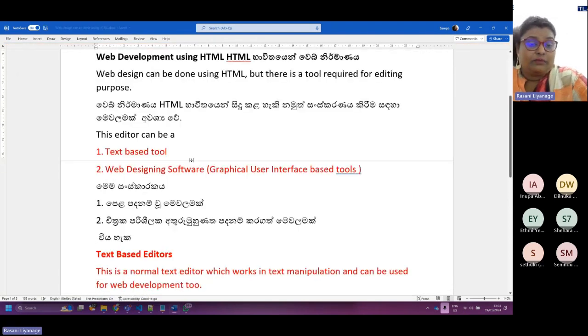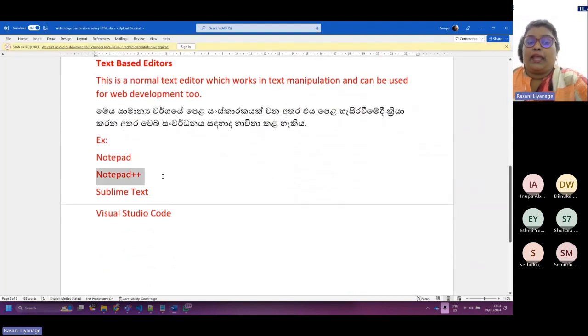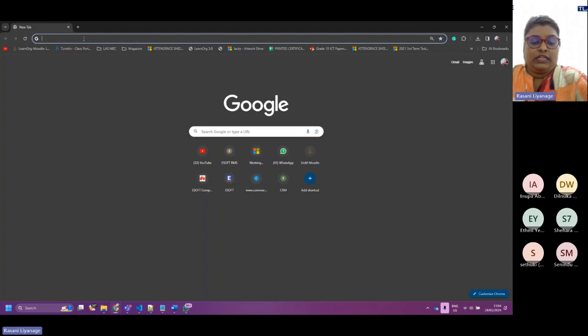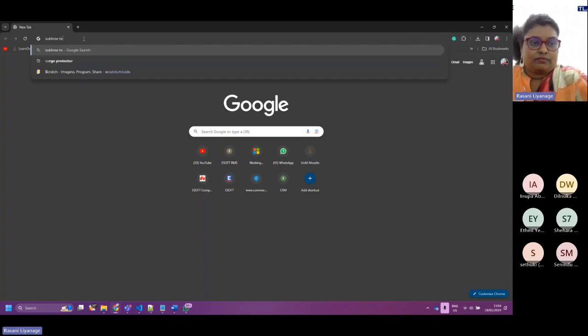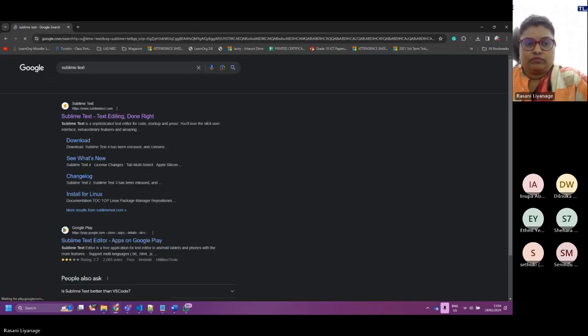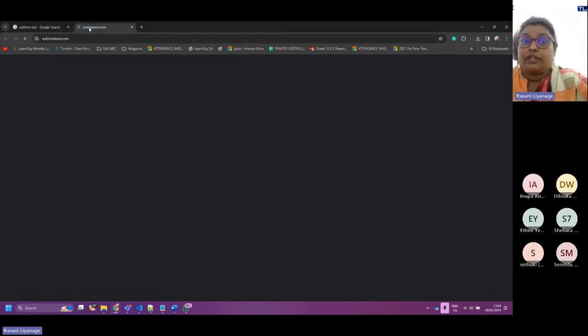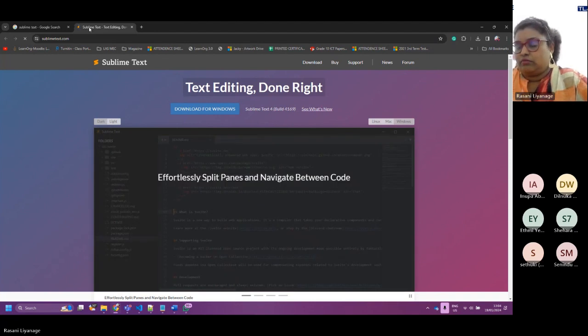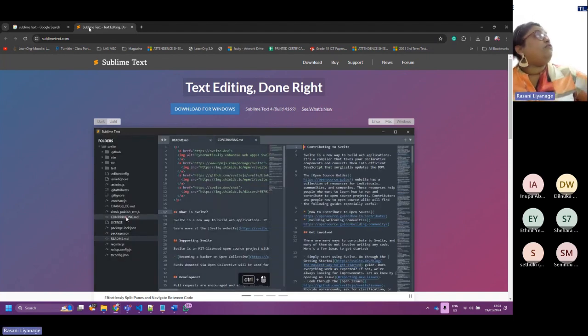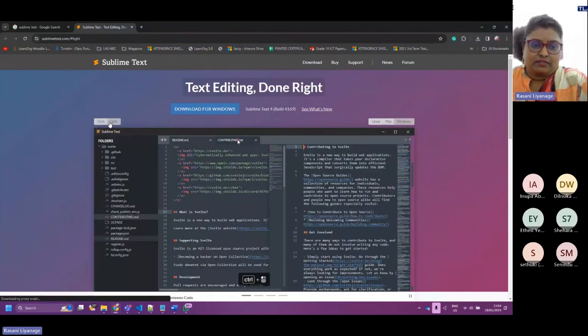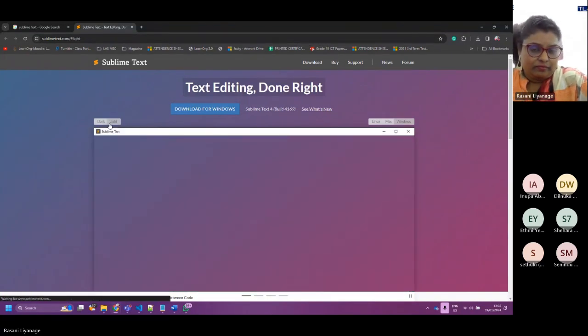But for you all, we'll be using Notepad++. If you have not seen Sublime Text, this is Sublime Text. There was a time that Sublime Text was on top of the popular or trending list, but now this is the look of Sublime Text. Clear?